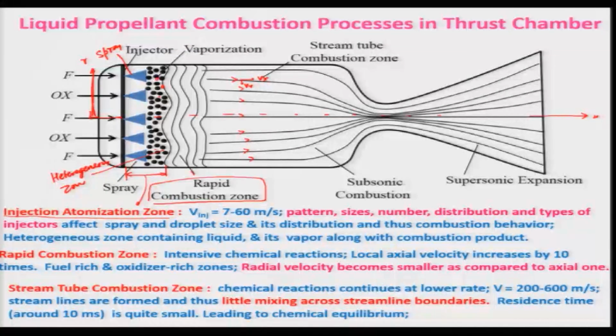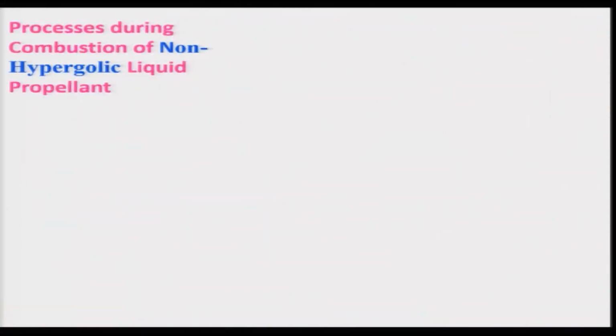minimized. However, it will definitely continue at a very low rate, and the velocity by this time could have increased to 200 to 600 meters per second, and thus very little mixing will be taking place, as I told, V r will be smaller as compared to V x. The residence time will be smaller, on the order of 10 milliseconds, leading to almost chemical equilibrium, but in some cases it may not occur. So, the processes are quite complex in nature, and let us now look at